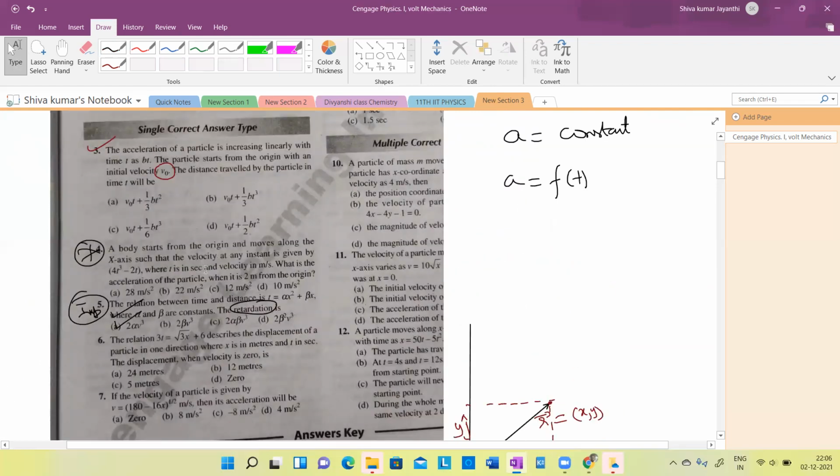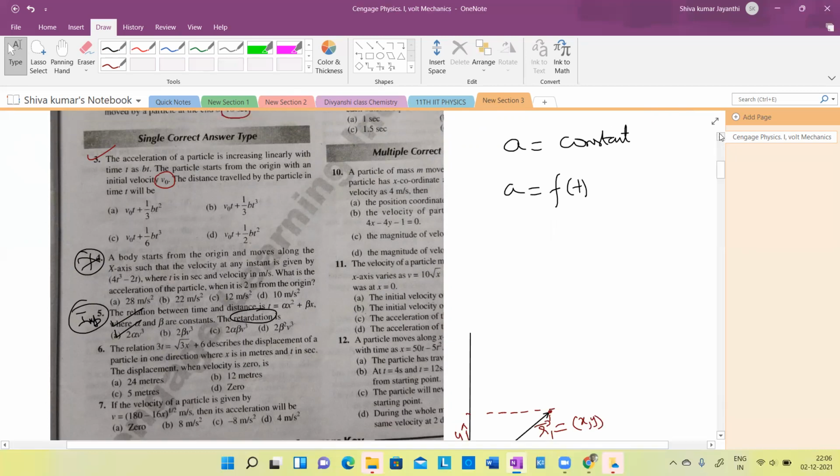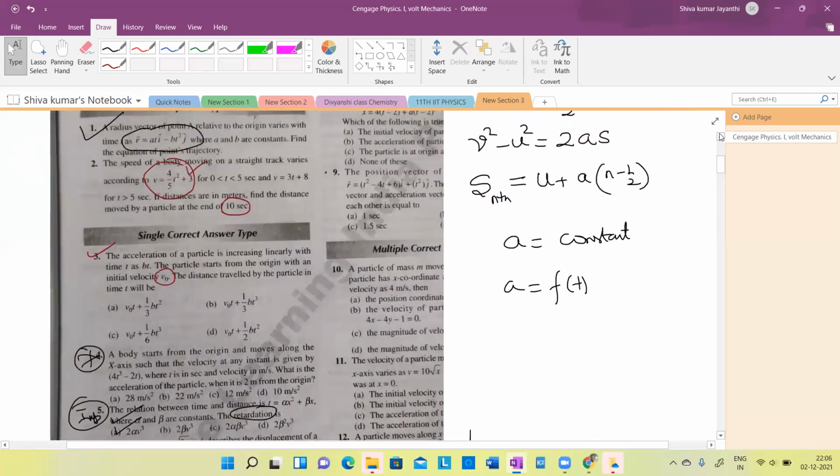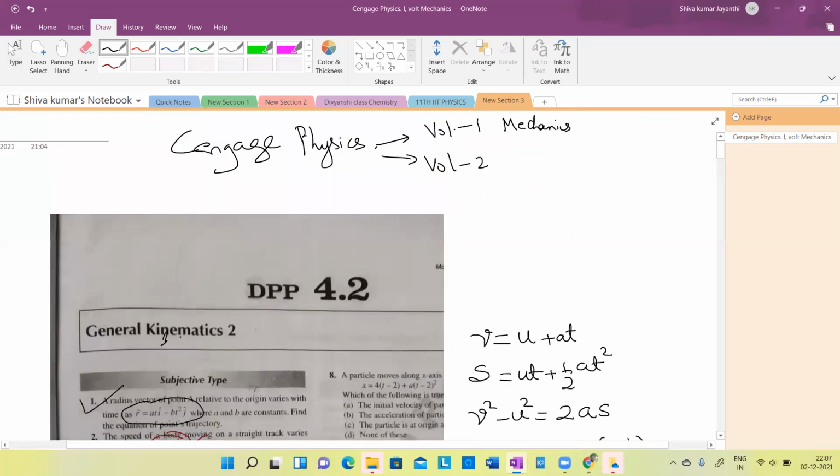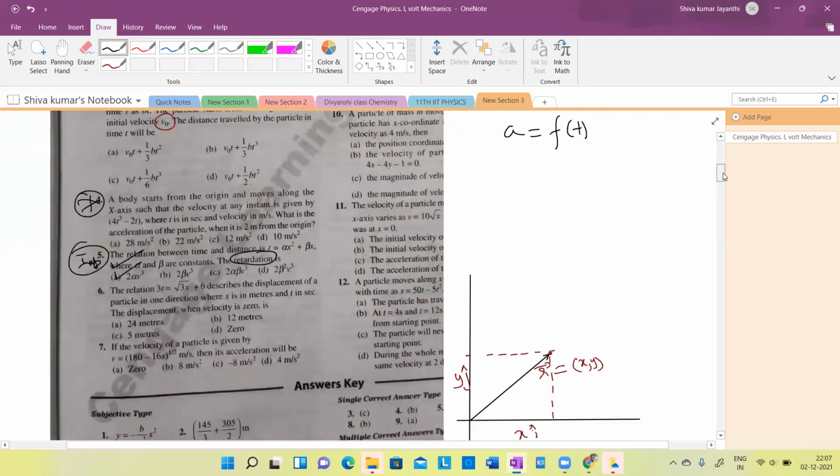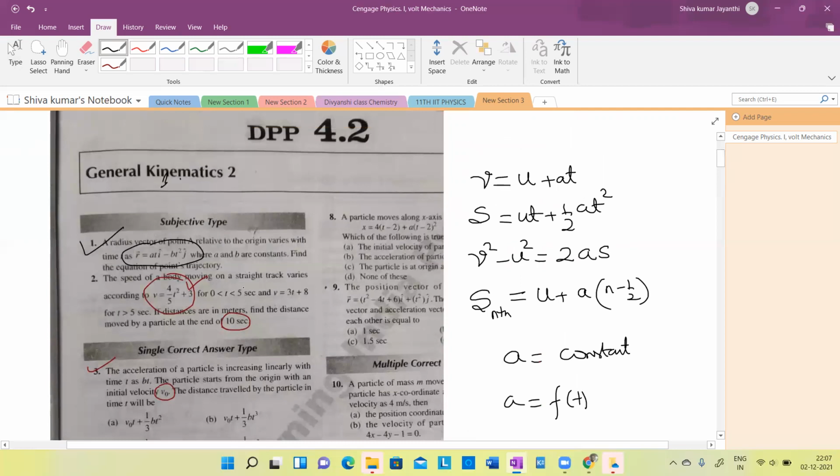Question 11. Yes, this is question 11. After the 9th question, all the questions are multiple correct answers. Multiple correct answers are a little difficult. Not difficult, but if you don't check all the options, some problem will happen. Single correct option is easy to do. By the way, for your information, the subjective type questions have been removed in IIT from last year. These are anyway not useful for us. Only single correct option, multiple option, and numerical type questions have been introduced. The book I am following, Cengage, is an old version that doesn't have numerical type questions.